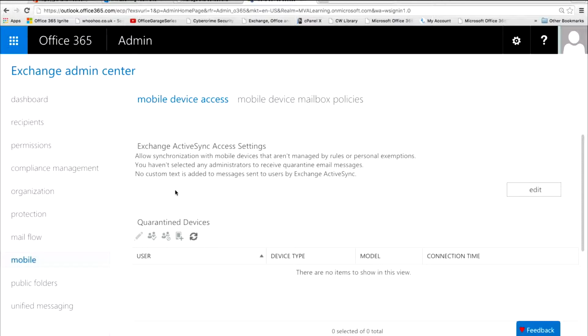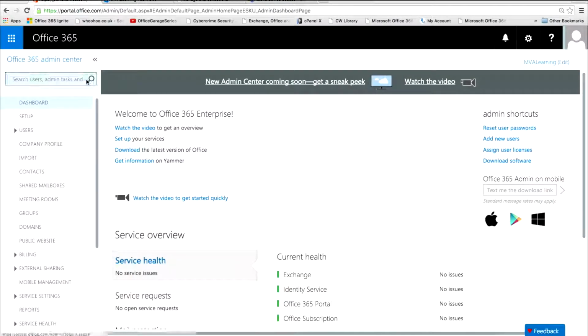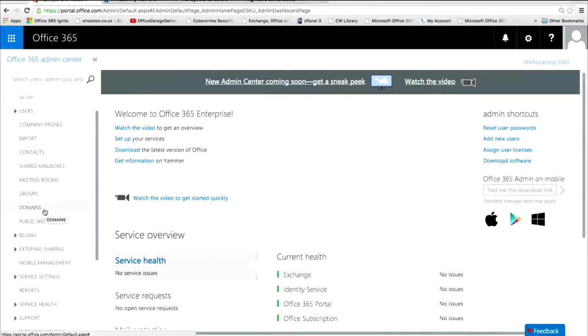So I can create device policies. I can set up things like Active Sync, and you can do this for both Windows and Apple devices as well. You can also set up mobile device mailbox policies here as well. So that's in Exchange. Going back to Office 365,